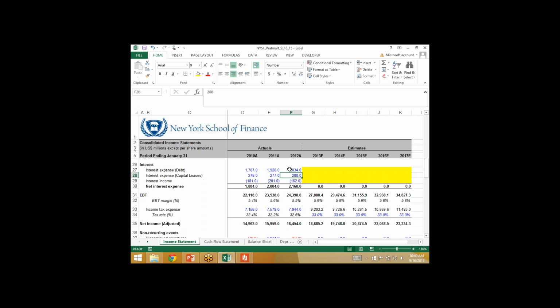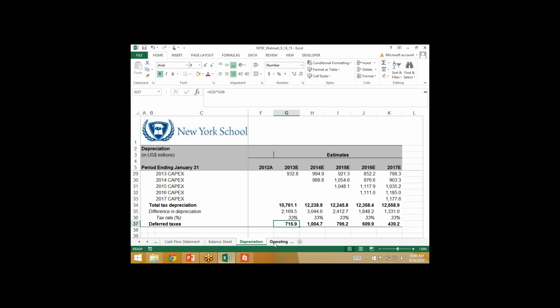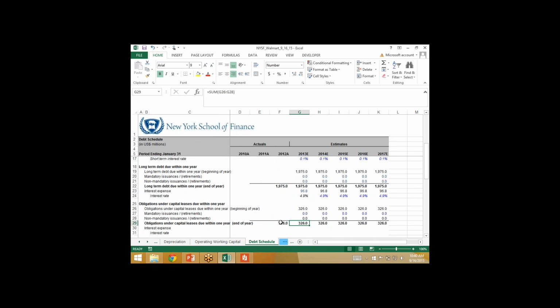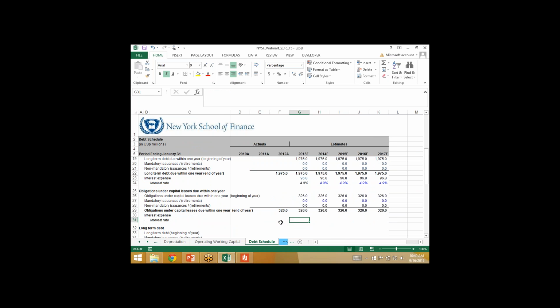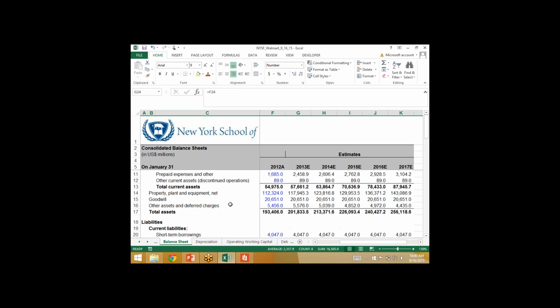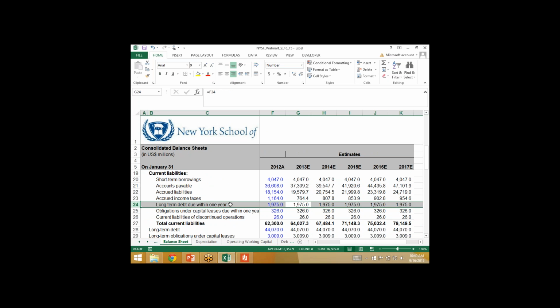Okay, so I'm going to do it a little bit differently than they have it. I'm going to link it up a little bit differently than in the book just to be more accurate. The way we're going to do it is we're going to go to the debt schedule. And if you look at the balance sheet, let me just show you the balance sheet. The first thing we want to identify is the capital leases,